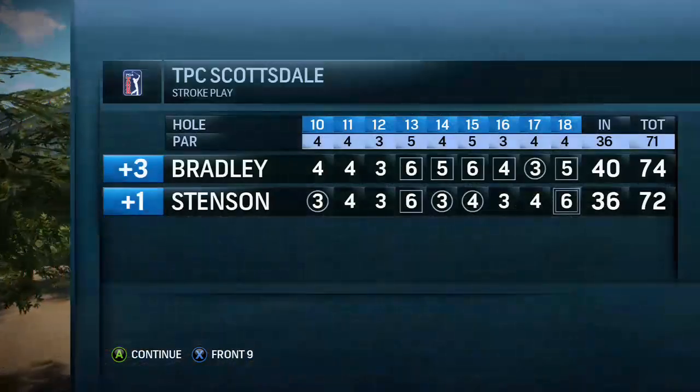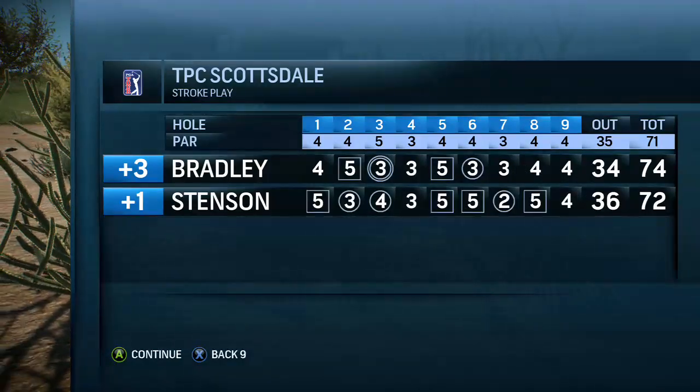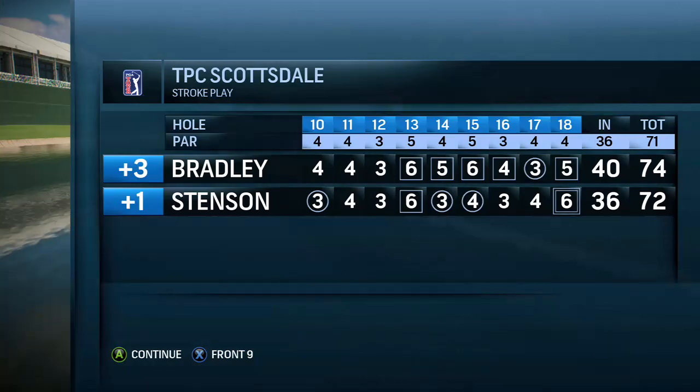Frank, what a day of golf we saw. Yeah, the modifications to TPC Scottsdale, it presents better to the eye. It's certainly a better test for the player, and on top of that, it is a good reward when one plays well. Really enjoyed it for